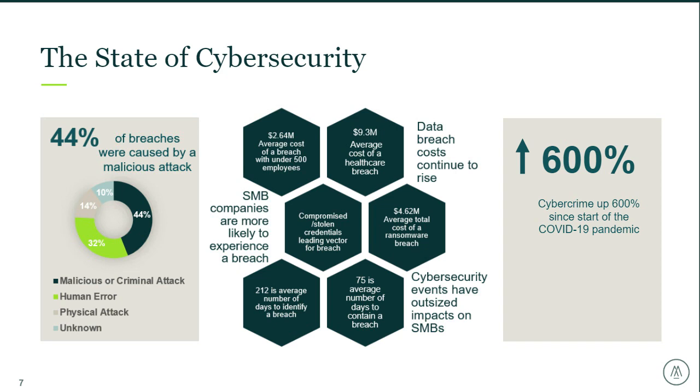What you'll see on here is that healthcare data breach costs actually went up by $2 million. So in the 2021 report, when they're looking at 2020 breaches, the average cost is around $7 million. Now it's over $9 million for the average